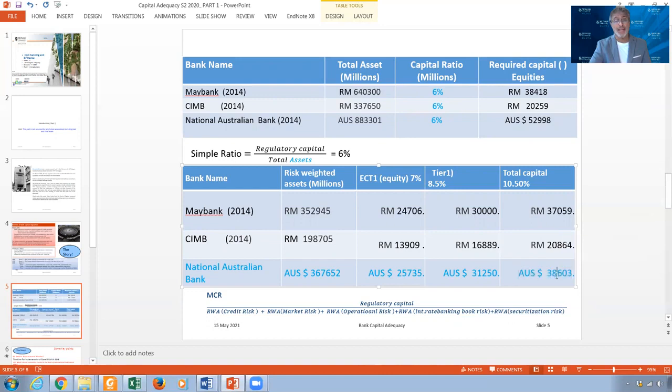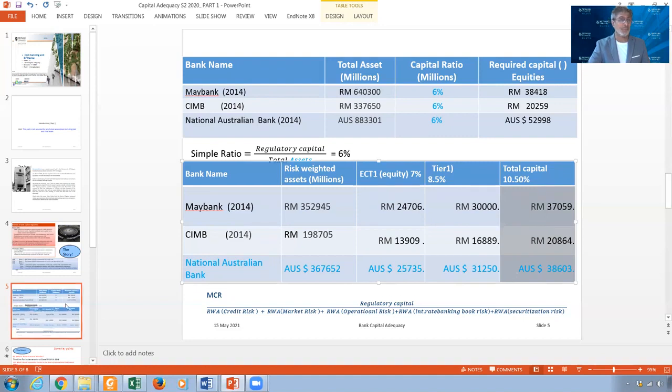And this is why we are saying that National Australian Bank is actually less risky in their loans than the other banks. Now, we cannot say they are less risky or more risky if we just apply the 6%. The 6% applies to everyone based on their total assets. Here, you apply all those ratios based on the riskiness of the loans. Therefore, you can penalize people who are taking risk and reward people who are taking less risk by imposing more or less capital. This is if you want to look at the picture from this perspective.